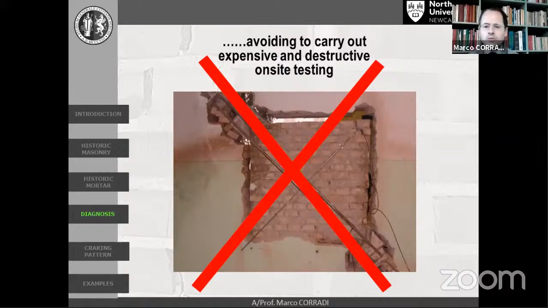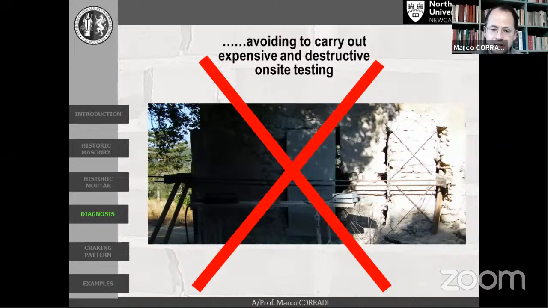So basically, what we want to avoid is on-site testing of masonry, because on-site testing of masonry is very destructive testing. So it costs a lot of money. It causes damage. It causes irreversible damage to the structure. So it's very rare that, for example, conservation bodies will give you authorization to do such destructive testing on masonry. So to avoid these kinds of things, we have done